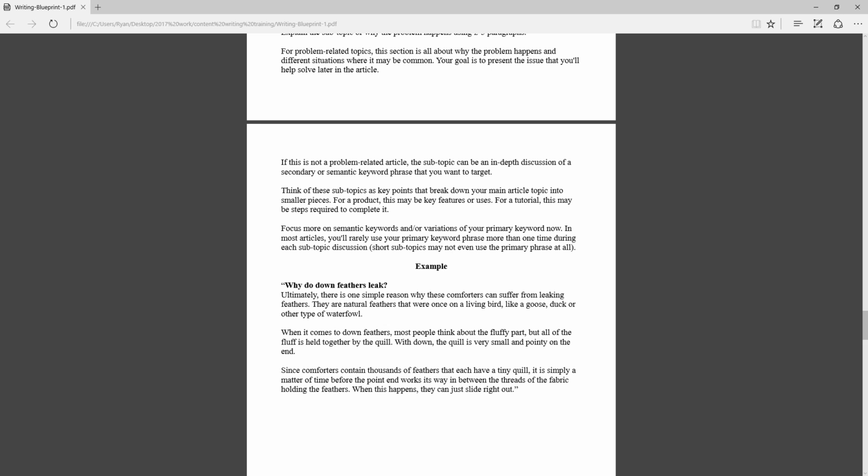In general, when you get down past the introduction of your article, you want to try to switch your focus from being all about the primary keyword phrase to being more about your semantic keywords.